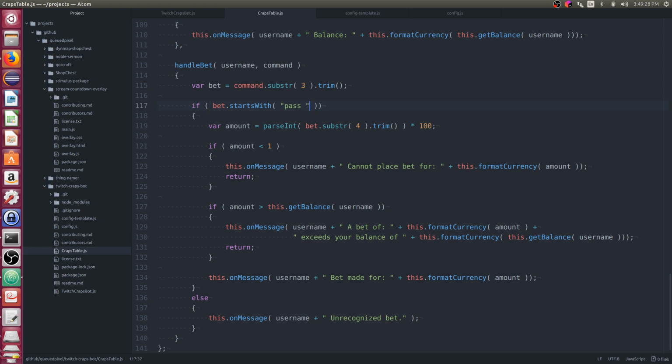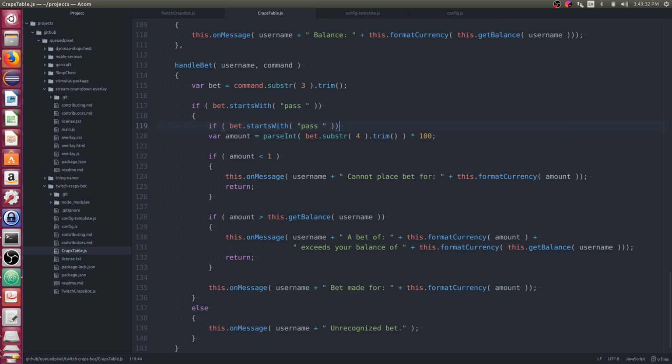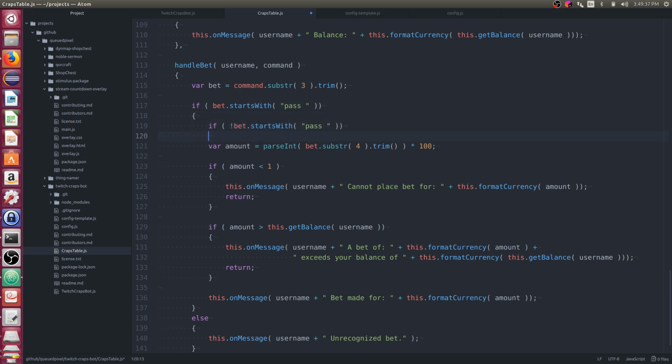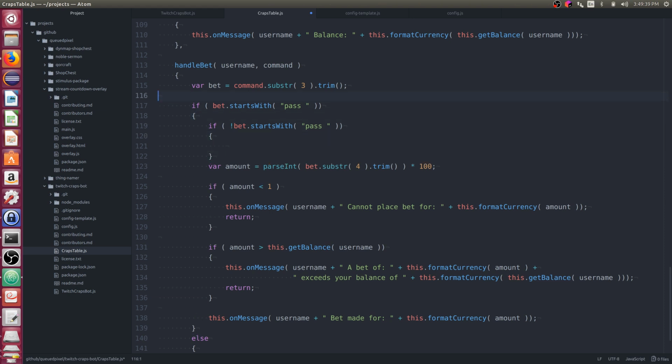We could say starts with pass. Let's try this. Say, if it doesn't start with that, then let's have an error. That could be the pass without a space.